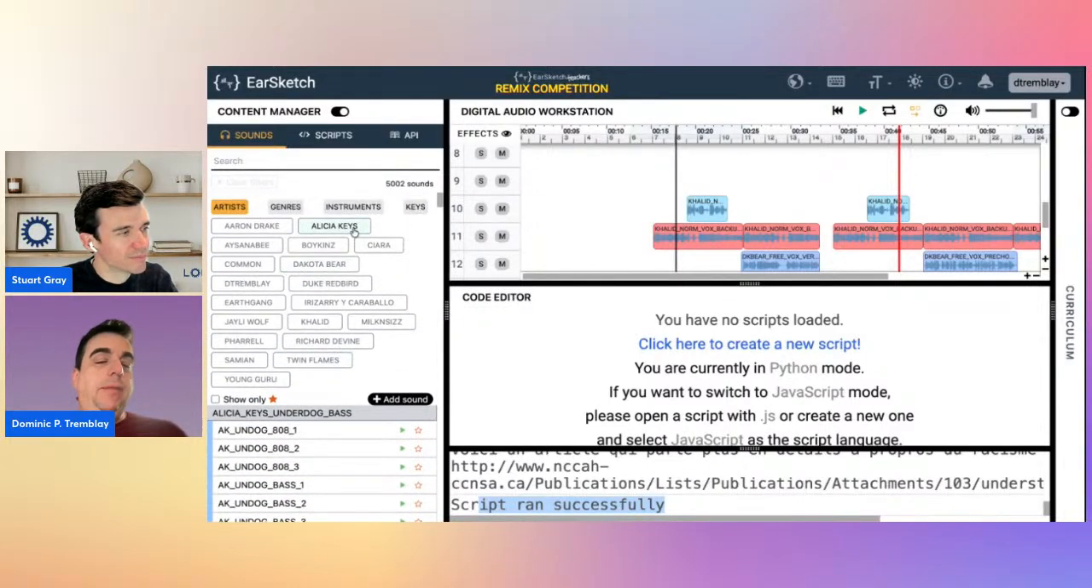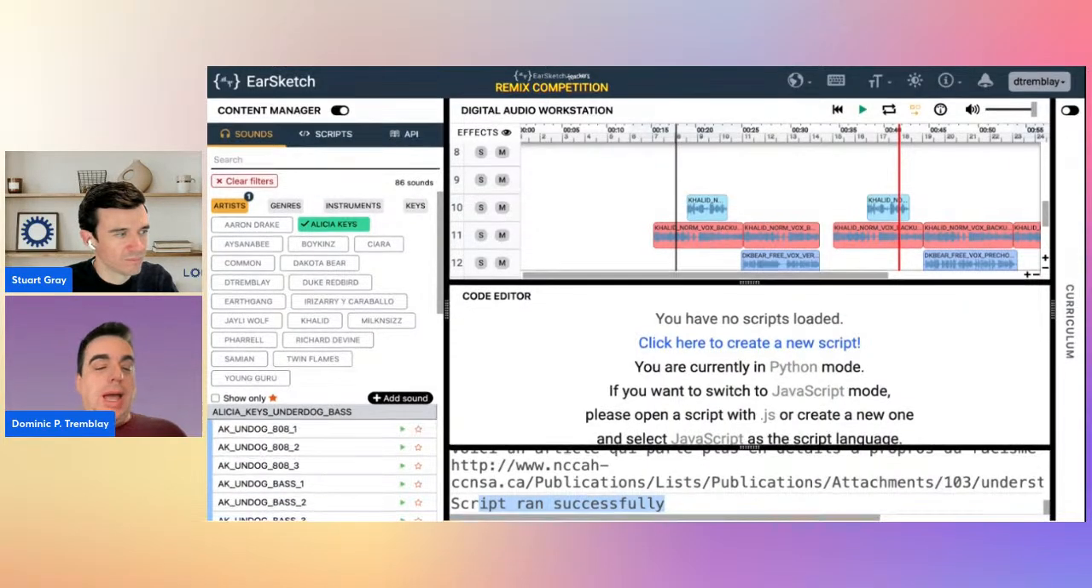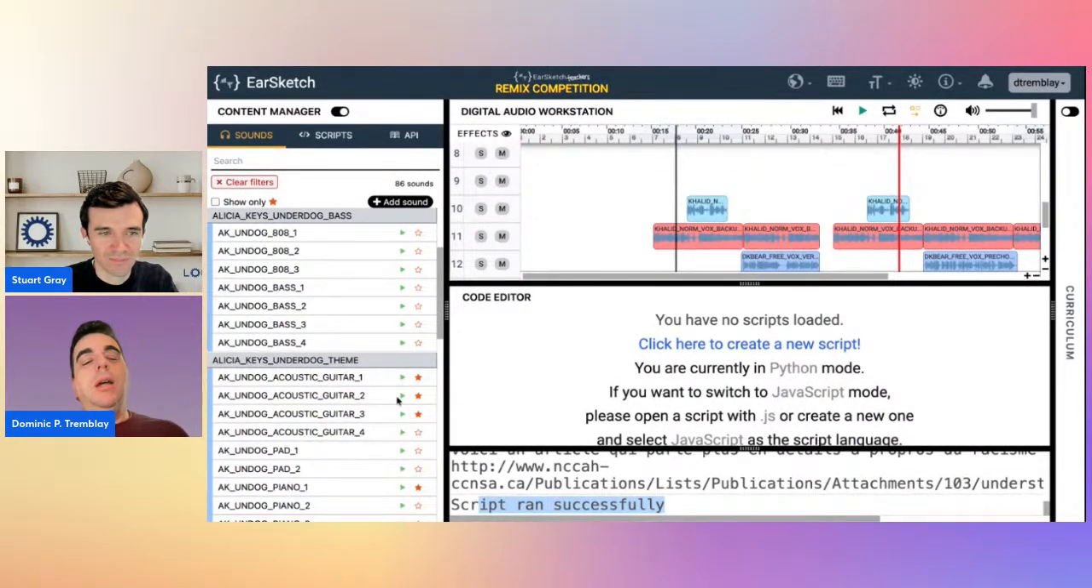So as an example, if I go under Alicia Keys, now it's going to filter. It's going to show me the 86 sounds that were donated by Alicia Keys. And the way Samian described it in the original video, it was all decomposed. So as you can see, if I come here, you've got the acoustic guitar separated from the rest. So if I play this,